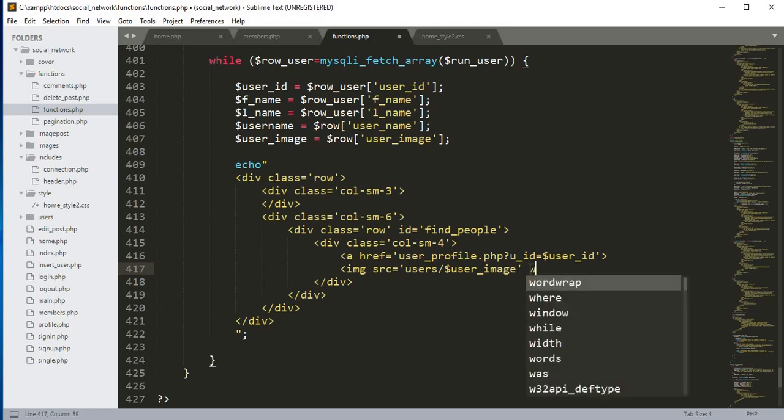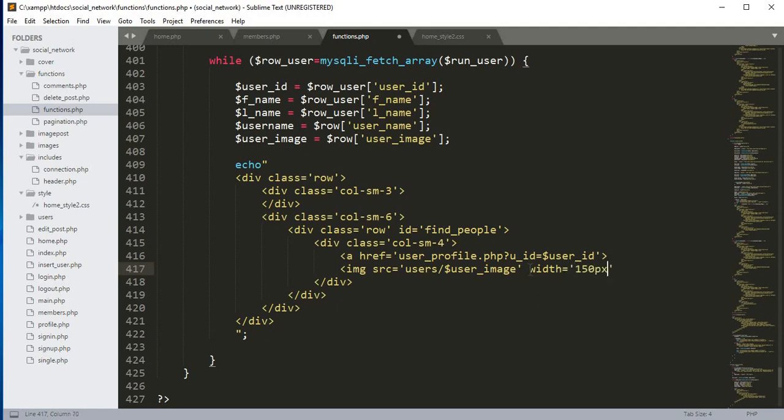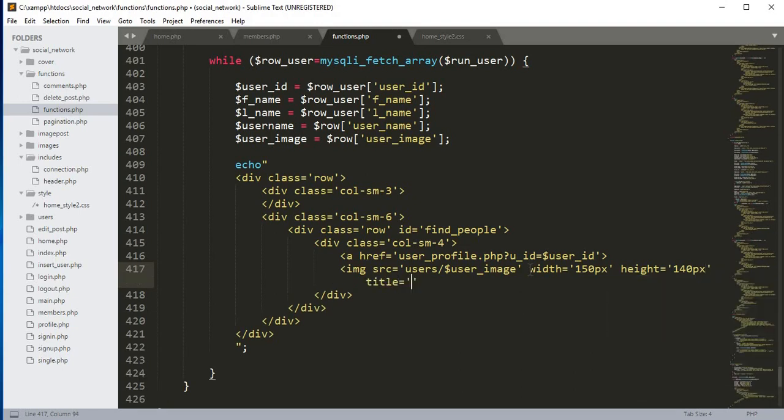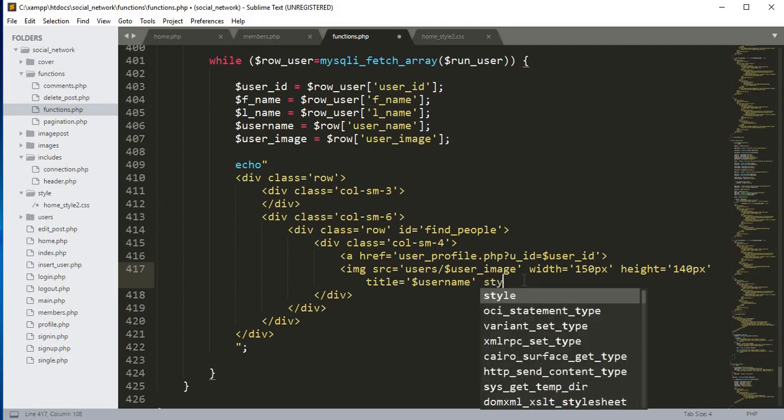Okay, so its width will be equals to 150px, and height will be equals to 140px, and its title will be equals to the username. So if the user hovers his mouse upon the image, it will show the username of that user,